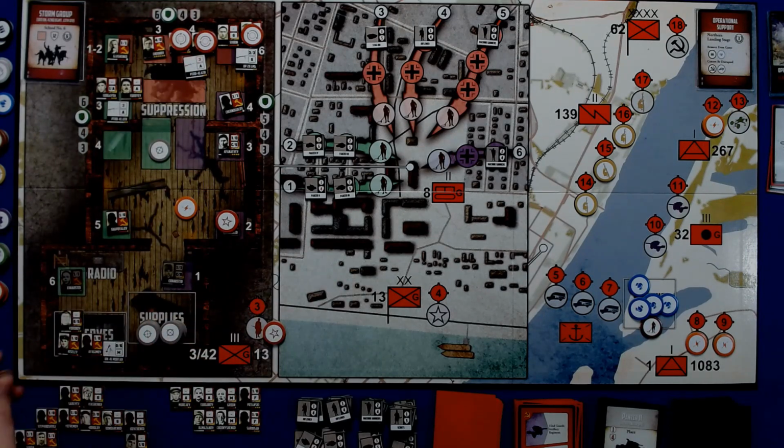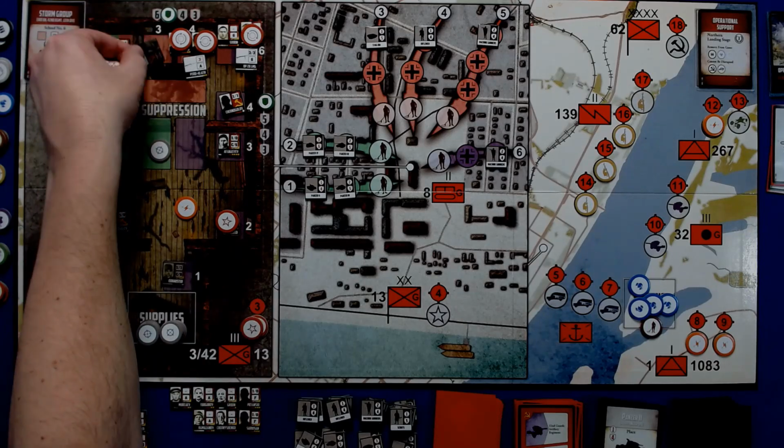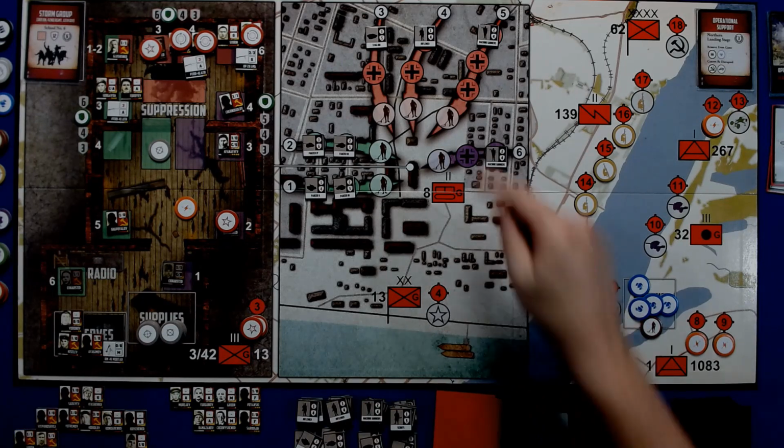So the north has some possibilities next turn. We're going to use Chekhov to attack an infantry. So that's our second action. I need a 4 or higher. We're going after the...